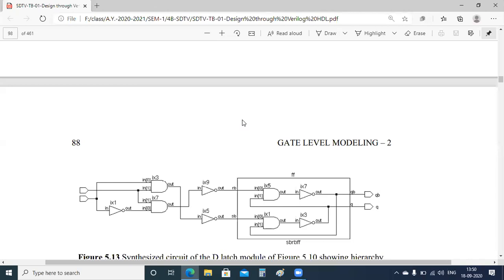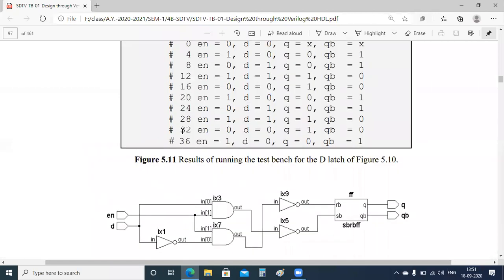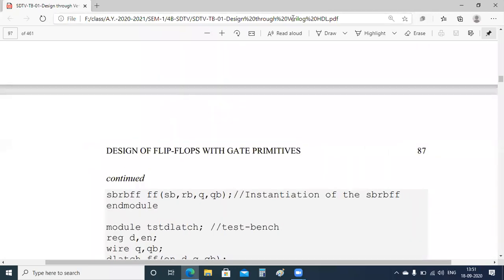Otherwise it is not going to vary, right? If it is negative edge triggered, for the falling edge of the clock, then only the output will be varying. We can see those edge triggered flip-flops in the next classes. This one is generally the level sensitive, level triggered flip-flop, and the rest you can see in the next class.